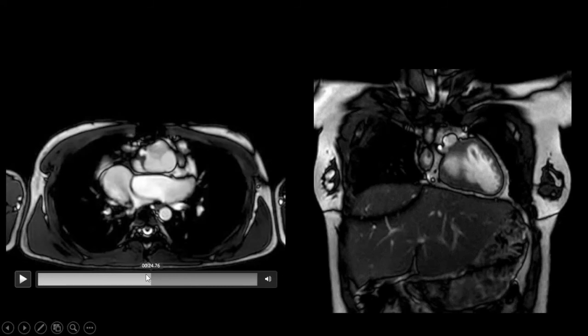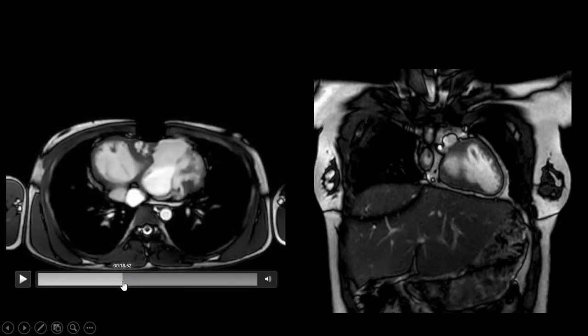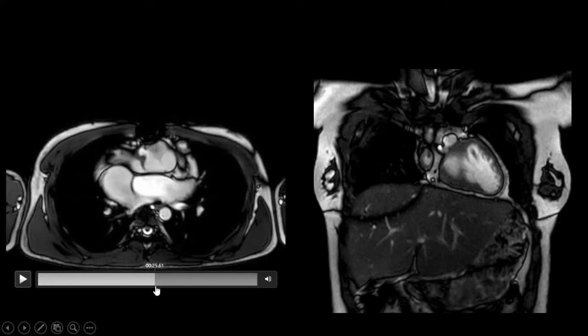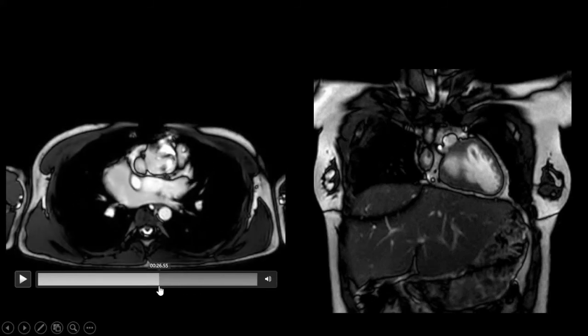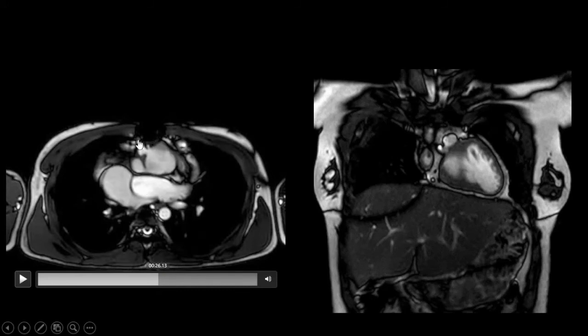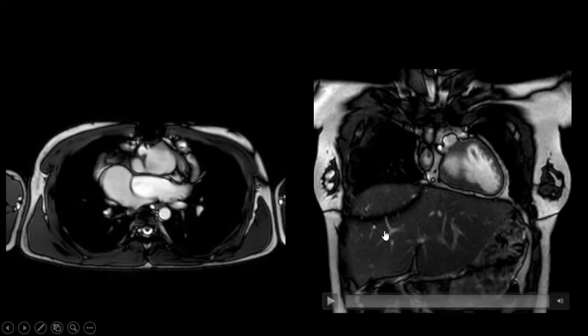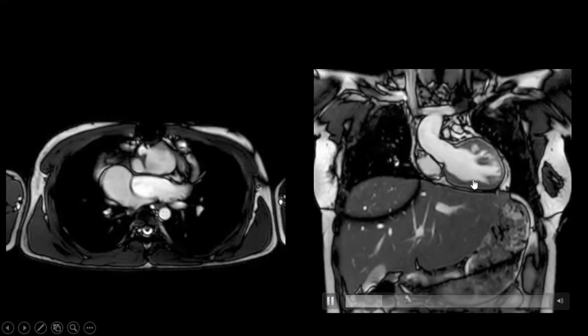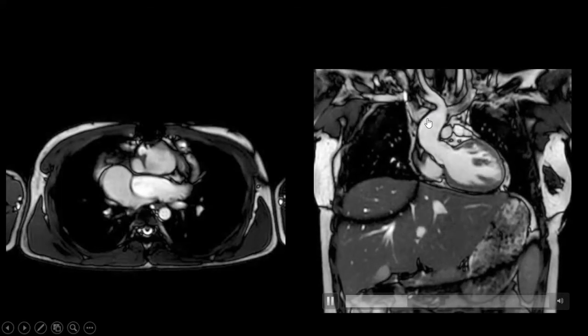Then oxygenated blood from the pulmonary veins is seen to drain into the pulmonary venous baffle, which directs blood to the systemic ventricle in this case, which is the left ventricle. Here we can see with the help of a VSD patch that flow is directed to the aorta. So due to a double repair with atrial switch as well as Rastelli's procedure, the left ventricle is the systemic ventricle in this case. This coronal cine image is also delineated well.